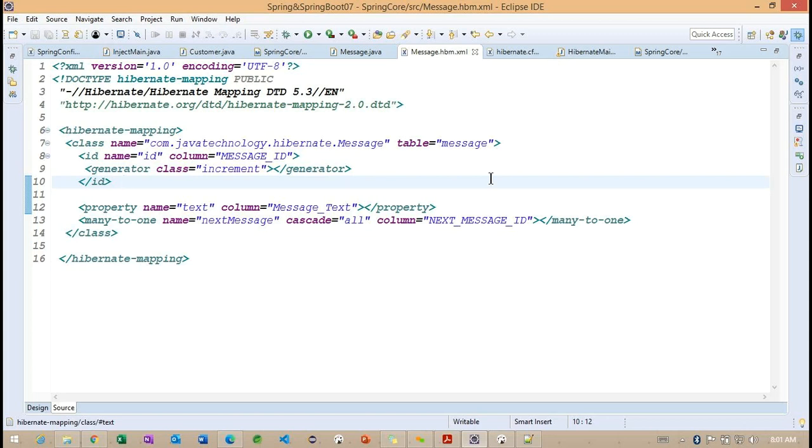Later we work with the interceptor and user type. We use the interceptor and user type to convert the particular data type into our database column type. Once the business layer is completed, we work with the persistence layer. Inside this persistence layer, we work with the session, transaction, and query, and something called the session factory and configuration. These come under the persistence layer.